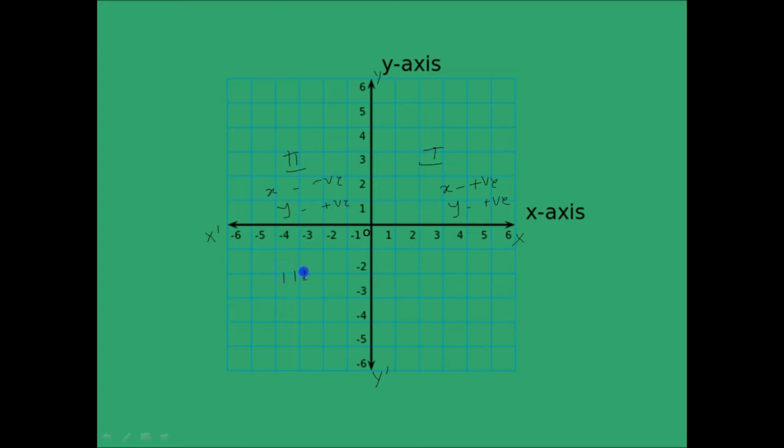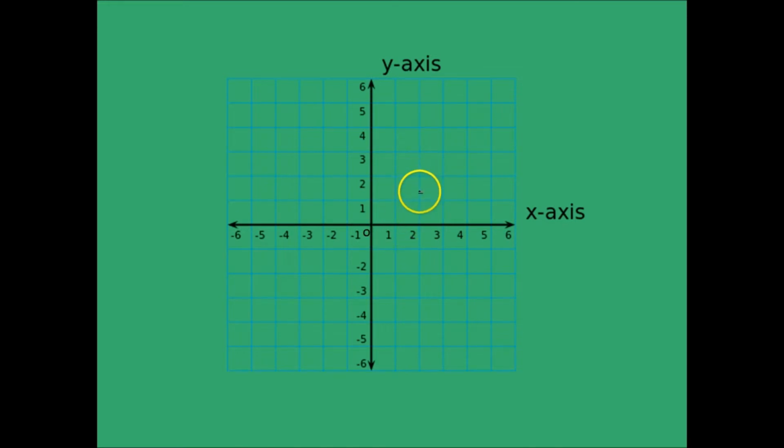And similarly in the third quadrant, both x and y are negative. And in what is called the fourth quadrant, we have x which is positive and y which is negative. Now the idea of quadrants will be of grave importance when we delve deeper into the subject of coordinate geometry. Now let's talk about the representation of points in the Cartesian plane.